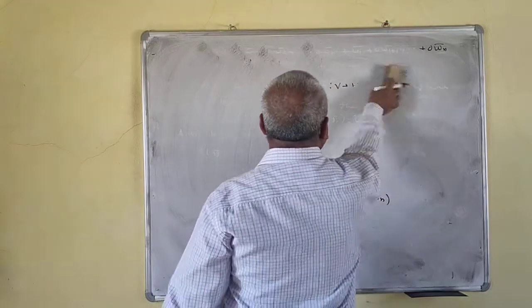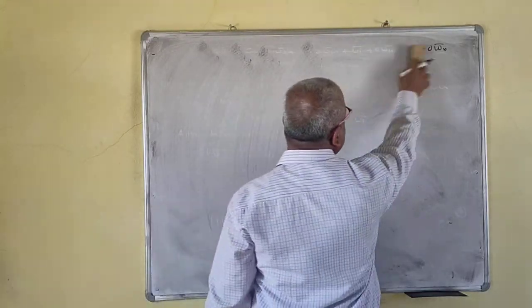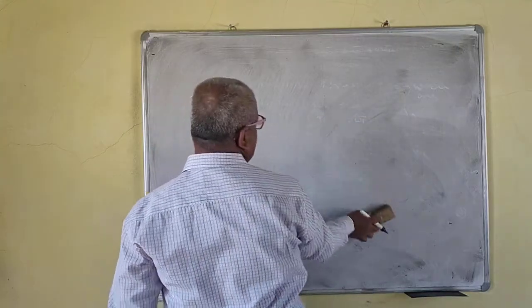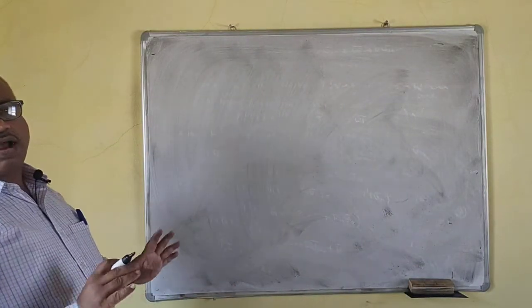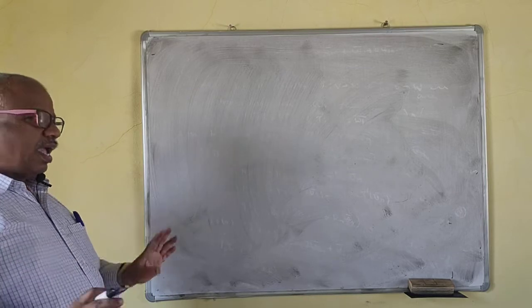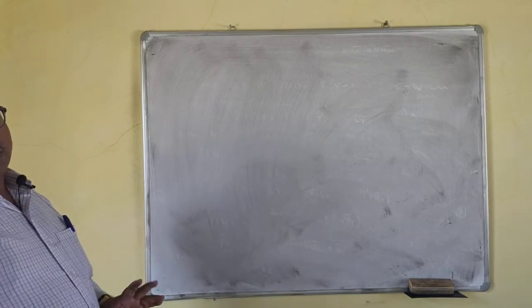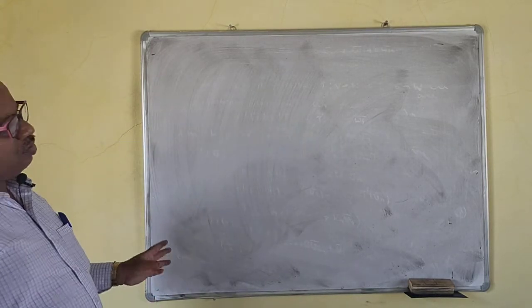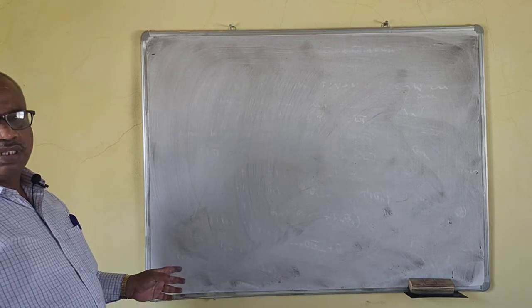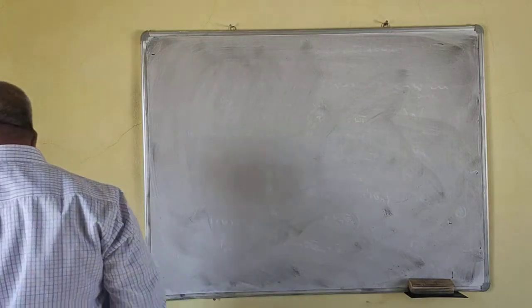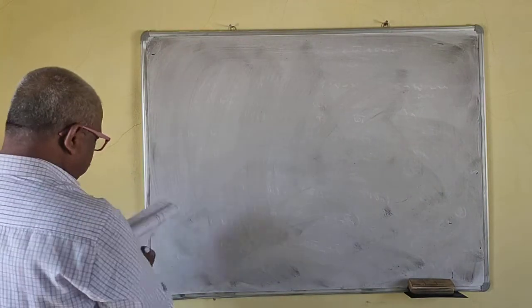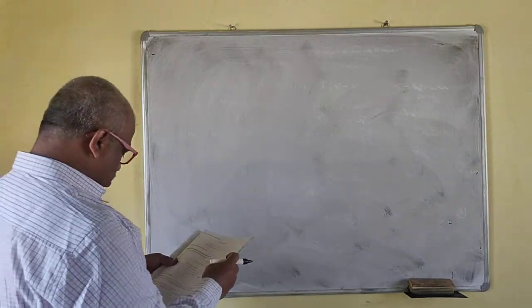So we have proved that there is a unique linear transformation. Firstly we have proved that T is a linear transformation, then we have proved that T of ui bar is same as wi bar, and lastly we have proved that T is unique. So from this A, B, C, there is a unique linear transformation such that T of vi bar is same as wi bar. Okay, so the theorem is over now. Now we'll take a problem on it.